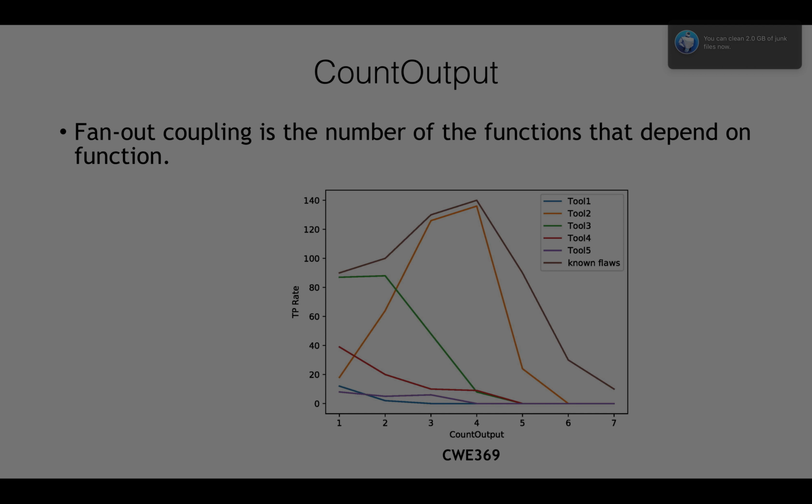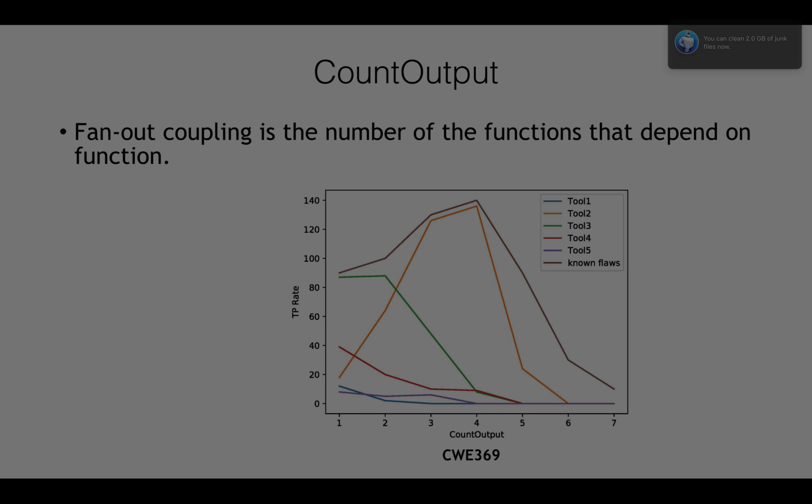In this slide, we're going to discuss the behavior of a static code analysis tool based on the count output or fan-out metric. This object-oriented metric computes the number of outputs of the function in the source code. The function outputs may be classified into function calls, parameter set, and global variable set. We compute the value for this metric at the function level using the Understand